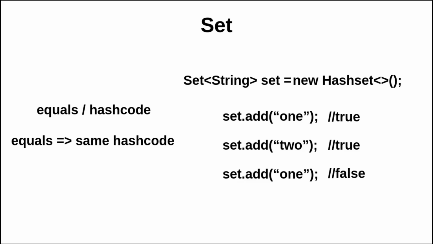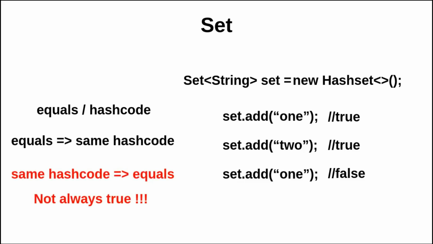HashSet will calculate the hashCodes of the objects and will compare them between them. If all hashCodes are different, then all objects are different. But if two objects have the same hashCode, that is to say that they can be equal, because two objects with the same hashCode can be different. So if the HashSet finds two objects with the same hashCode, then it will use the equals method to know if the objects are equal or not.